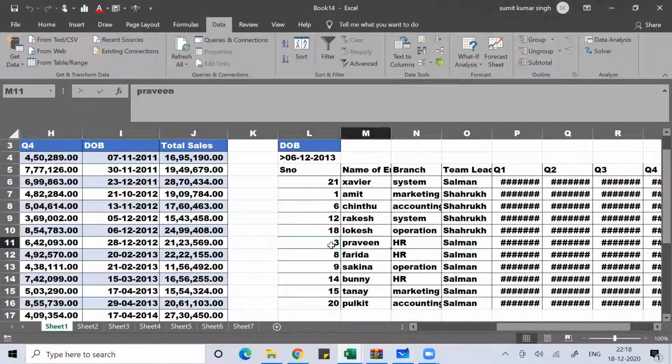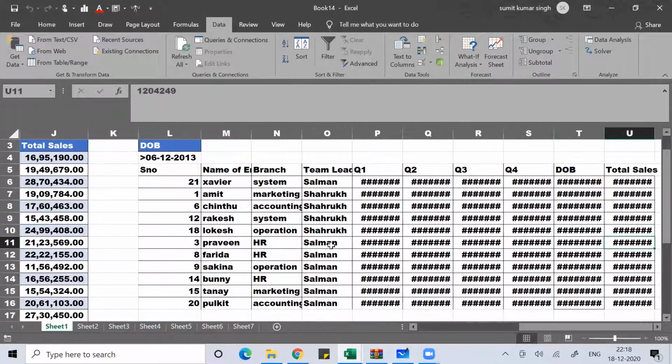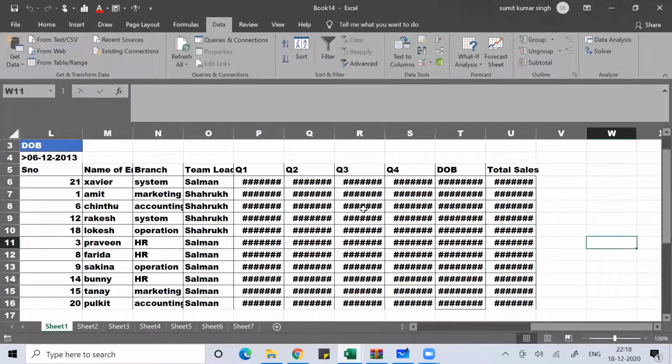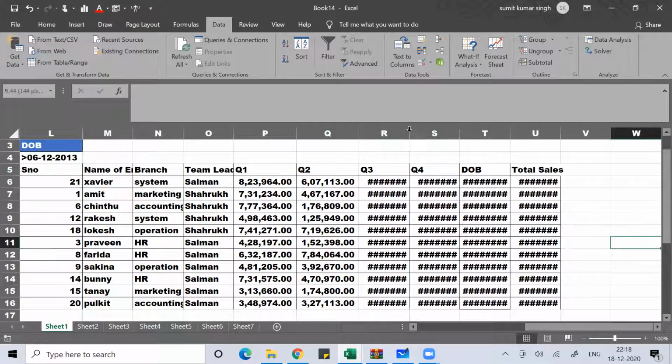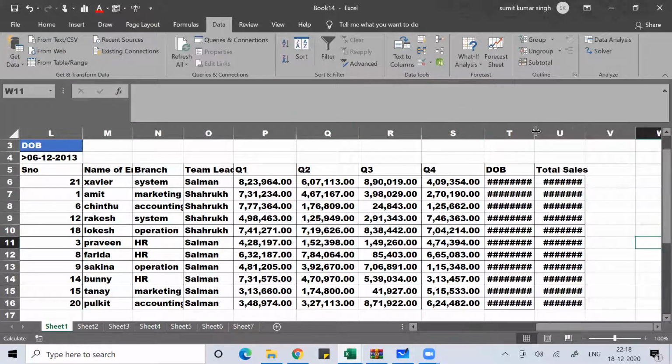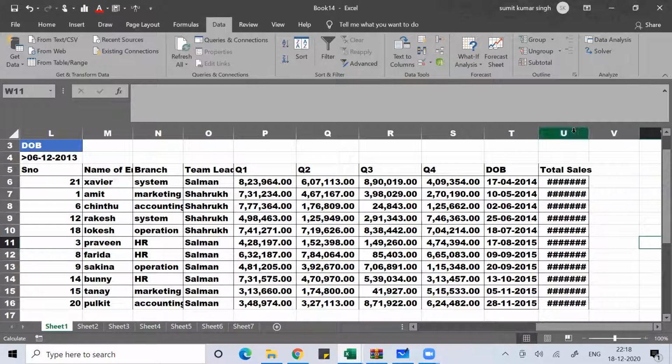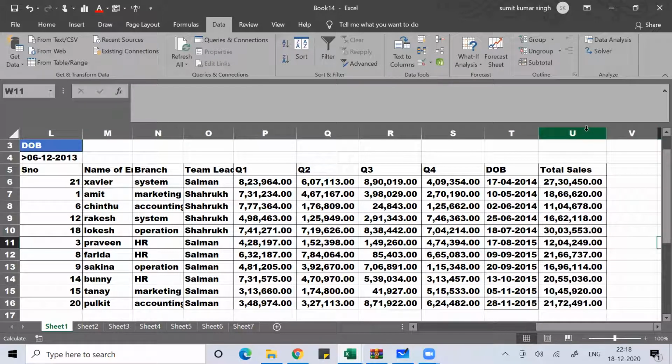So you got all the persons whose date of birth is more than 6/12/2013. So you can see all the people, the date of birth is more than 6/12/2013.